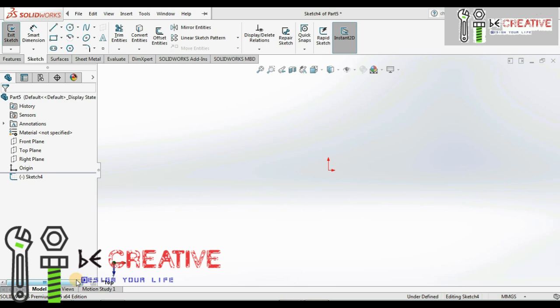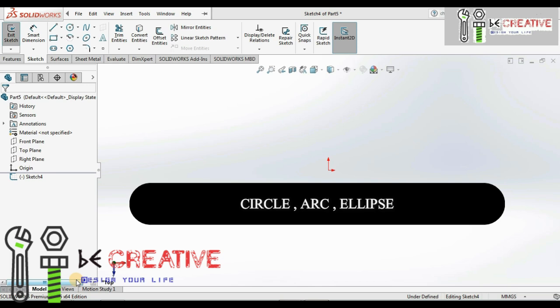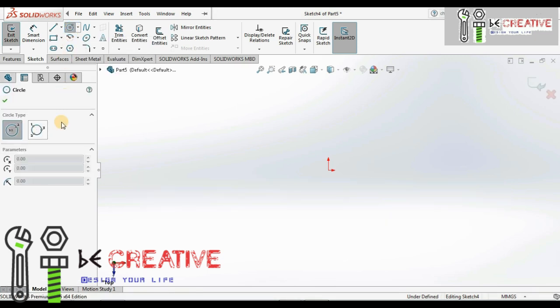In this video, we are going to learn how we can create circular profiles like circle, arc, and ellipse by using sketcher options. And here you can see I am creating the circle